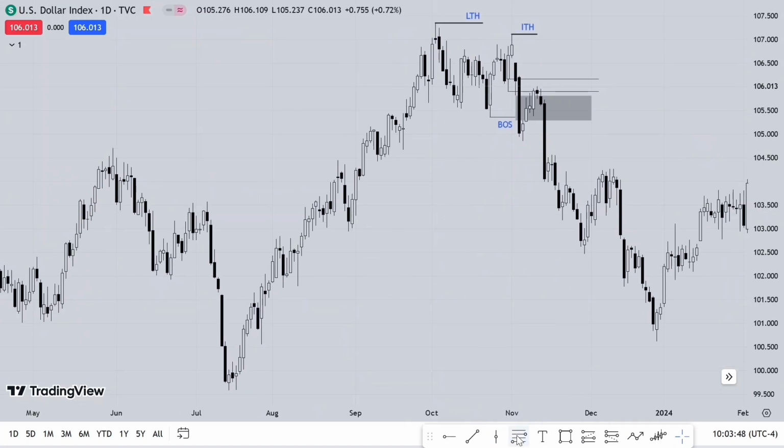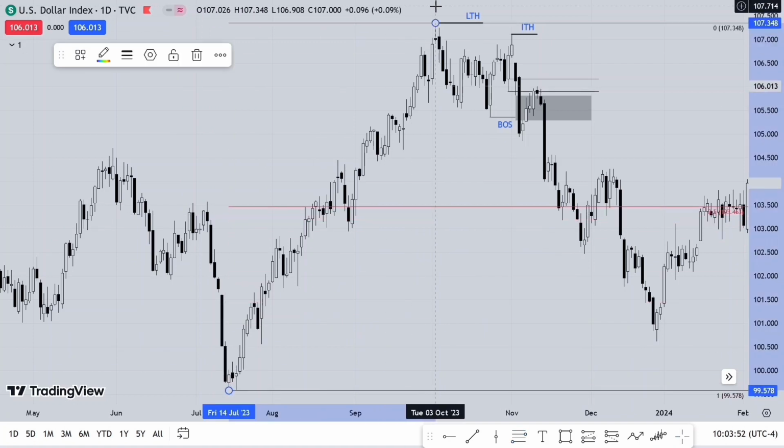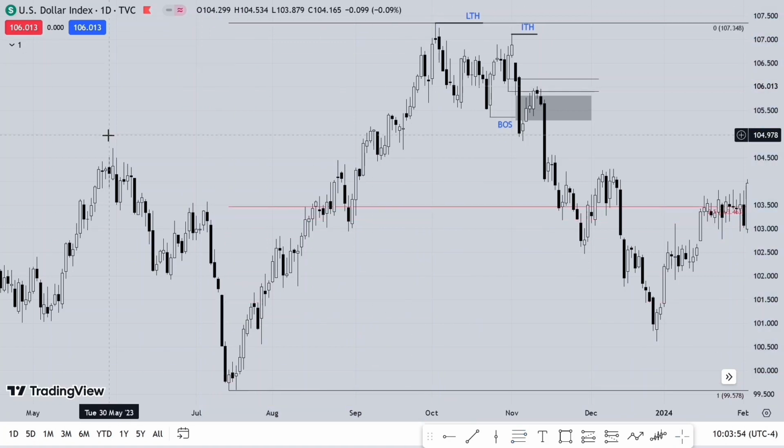And the range that has been created here is this low to this high. So you expect price to move from the premium level to the discount level. So your first target, your first view on liquidity, should be at least the midpoint of the range which we're trading inside of. Then you start looking for